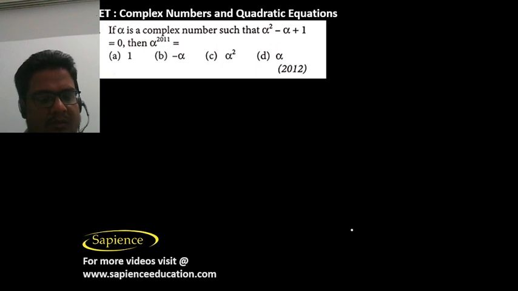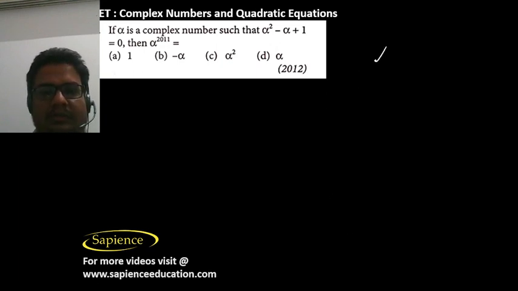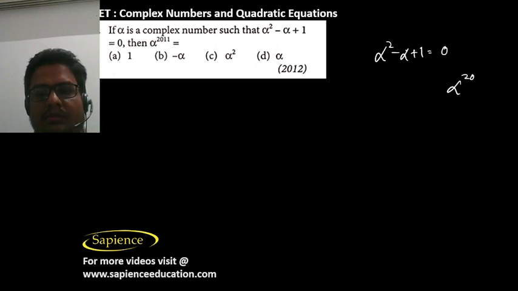Then here it is told that if alpha is a complex number such that alpha square minus alpha plus 1 is equal to 0, then alpha power 2011 is how much? So now if we take alpha equal to minus omega, then we know that